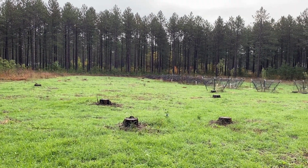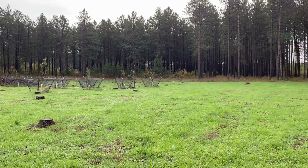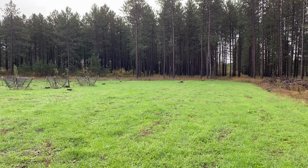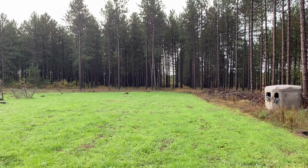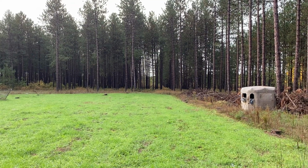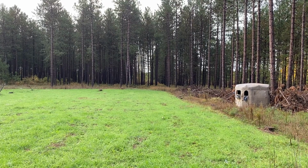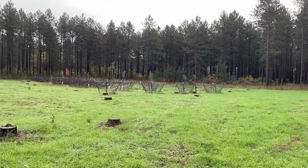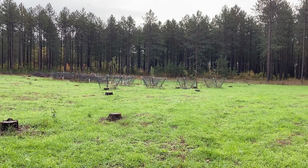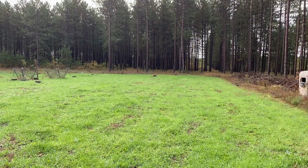There's still some stumps. And I've ground a lot of stumps, and that's left a lot of wood chips. And that takes time to break down and uses up a bunch of nitrogen. But over time, it's just going to continuously get better. This year's been really dry, and so overall I am happy with the food plot. I did throw a little more winter rye seed in it here on Friday, and today's Sunday, and last night